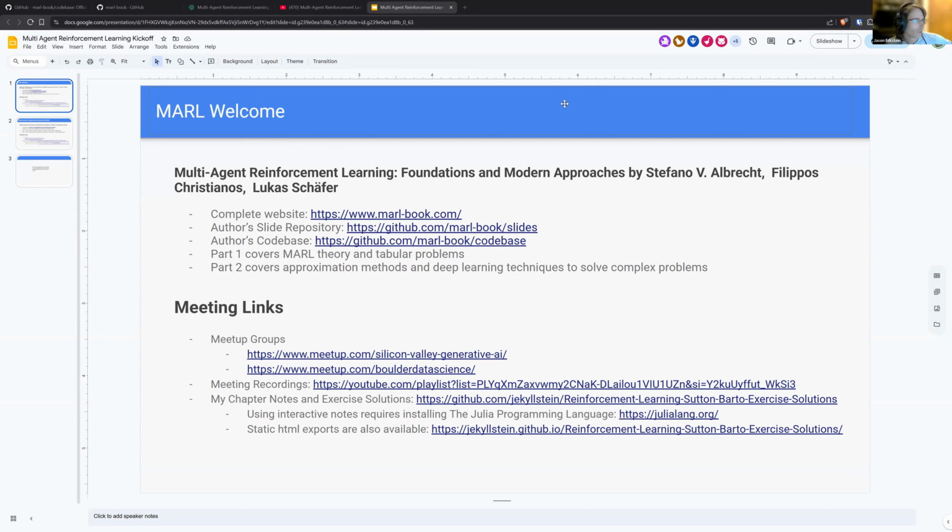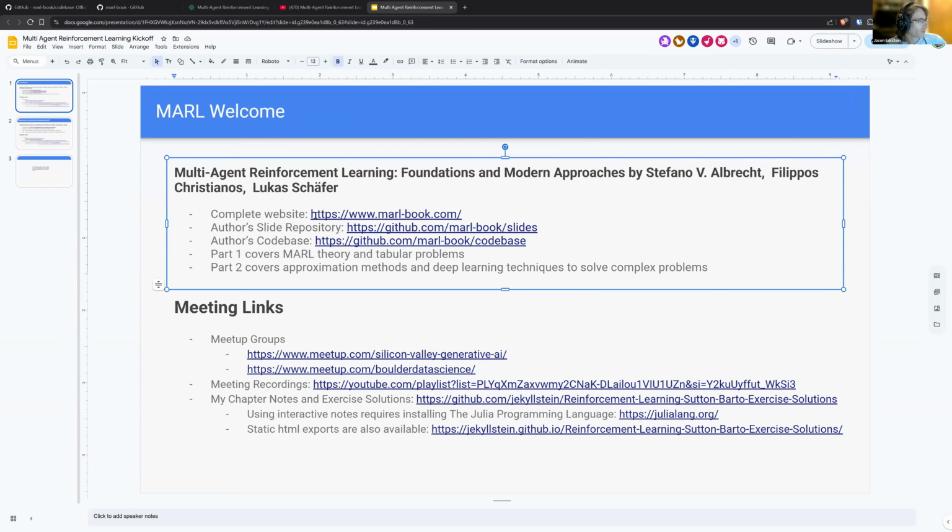Okay, so welcome everyone. Today, the goal is to start this new topic of multi-agent reinforcement learning. There is this textbook written by this group of authors, and they have provided a website, a repository of slides, and a code base. For most of this meeting, we will be looking at a mixture of the material, including the slides